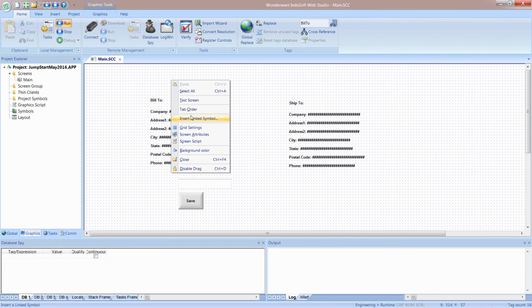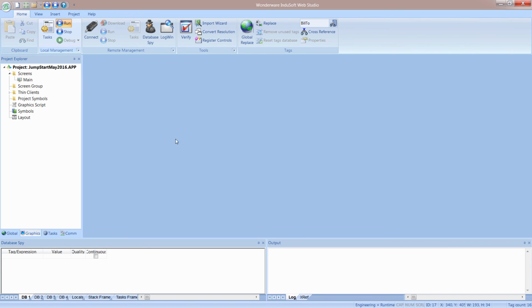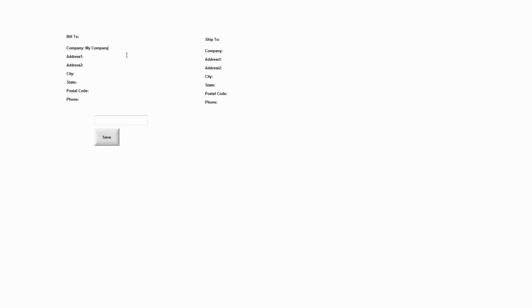I right clicked on white space, clicked on tab order, and so now here you can see the tab order. I can make this 1, 2, 3, 4, 5, 6, 7, 8, 9, 10, and I'm just clicking on those little yellow boxes. So that will now be the tab order on this screen. And then I guess I can make that one the next one. And so now when I save this and run it, I should be able to go from my company and hit tab, and it'll go right to the next address there. 123 Main Street,